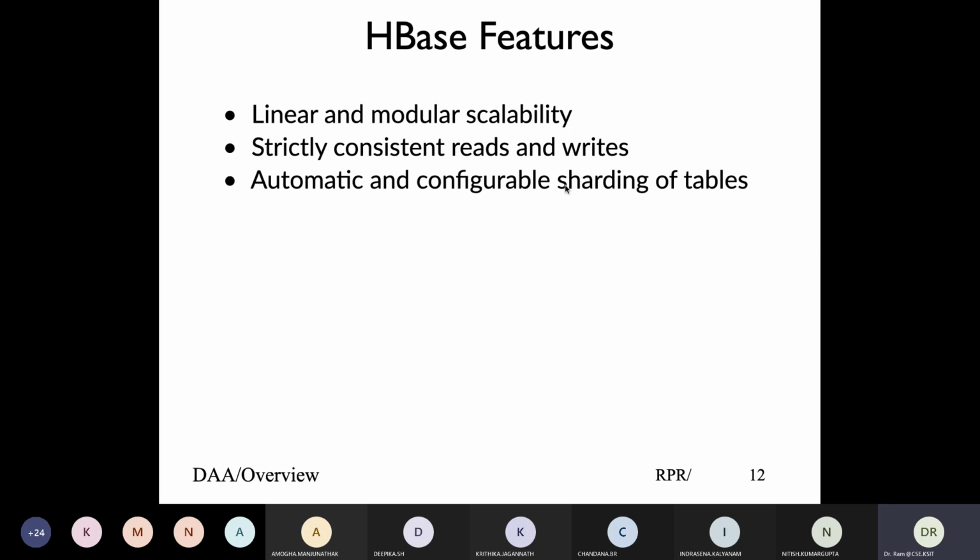Have you read this concept? Possibly no. So let's say my table has 100,000 rows, and I want to keep my distributed database with 50,000 rows in one machine and 50,000 rows on another machine for the same table. That is sharding. You split the table into 2 parts or 3 parts and keep each part separately, so that nothing gets overloaded on a given system.